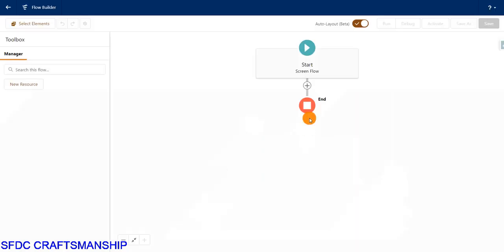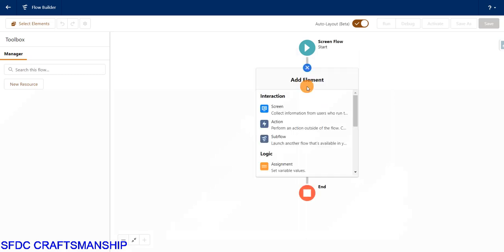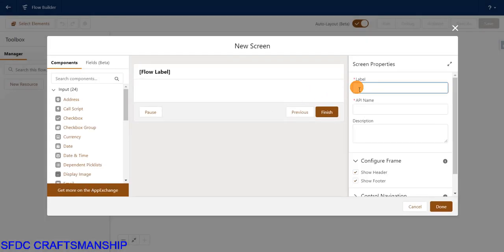So what I'll do is, I'll add a screen element to capture the account information. So here I'll just add a screen element to allow the user to enter the account name, and based on the input provided I want to create an account record, and in the next screen I want to display where the user can upload an attachment under that account. So for that I'll add a screen element. I'll name this create account screen,